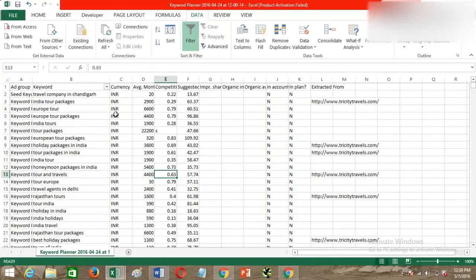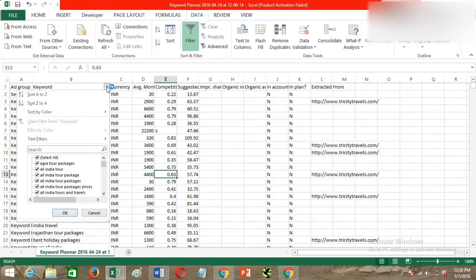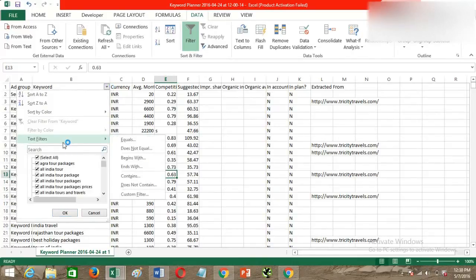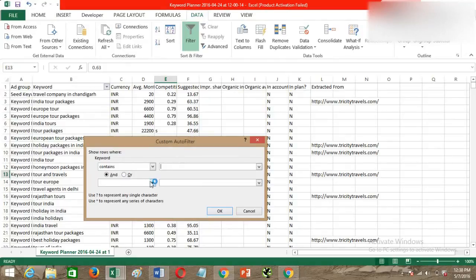So this is the sheet that I've got from Google AdWords. I've downloaded a list of the keyword suggestions. So in this, I'll be showing how to find the most relevant keywords in a few minutes, instead of viewing a long list of 700 plus keywords. Once you download a sheet of the keyword recommendations from Google AdWords, you'll have to insert the filter, go to the text filter and click on contains. For example, if I have to take out the keywords that contain the word Chandigarh, I'll be adding contains Chandigarh.